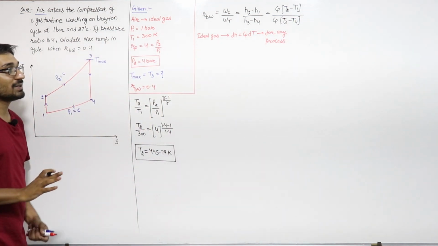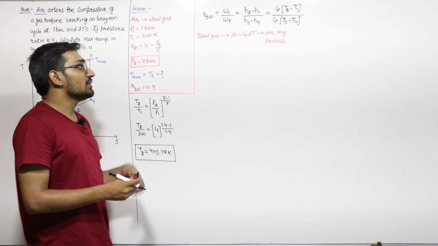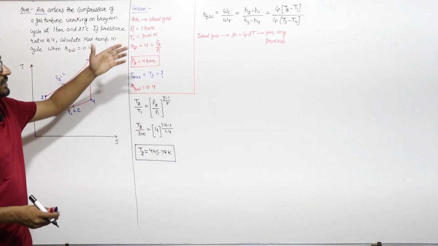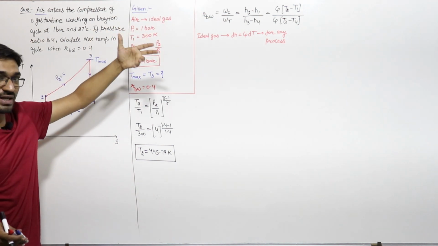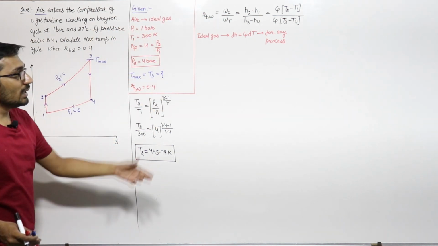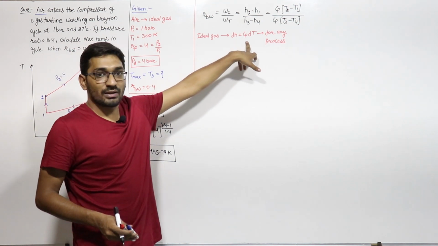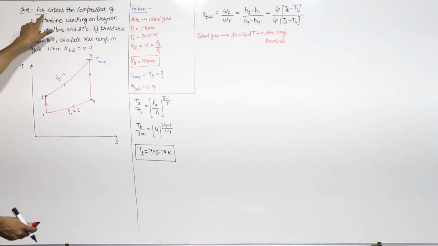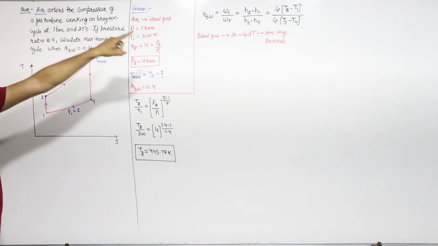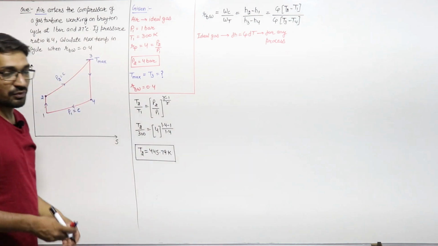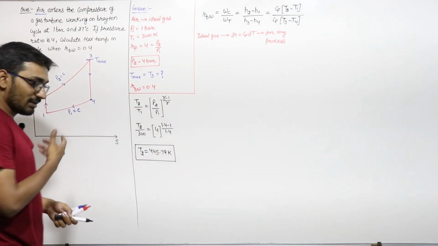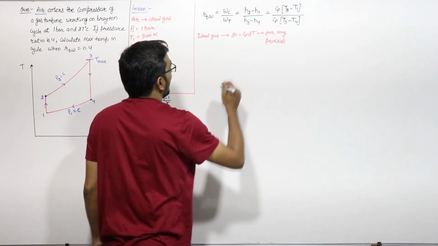You have to remember that the change of enthalpy, because this compressor process and this expansion process are adiabatic processes, they are not constant pressure. So only for an ideal gas you can write this one. If here in this question air is not given, if any other gas is given, you cannot write Cp into T2 minus T1 and Cp into T3 minus T4. You cannot write like this. But here we have an ideal gas, so we can use that equation.